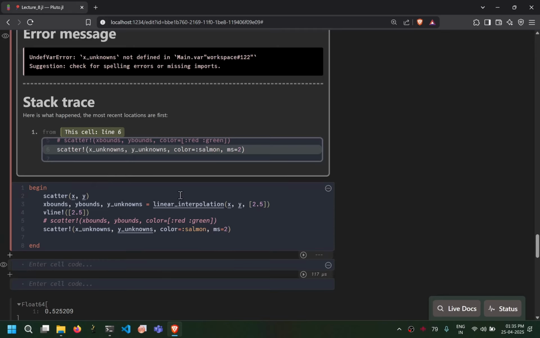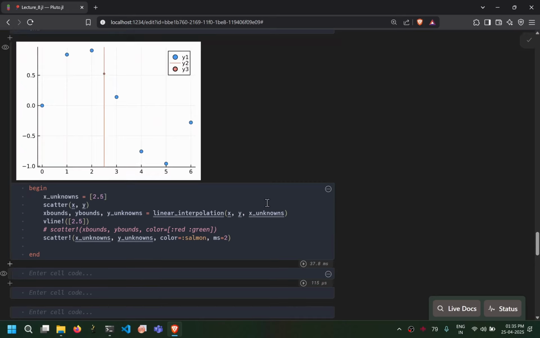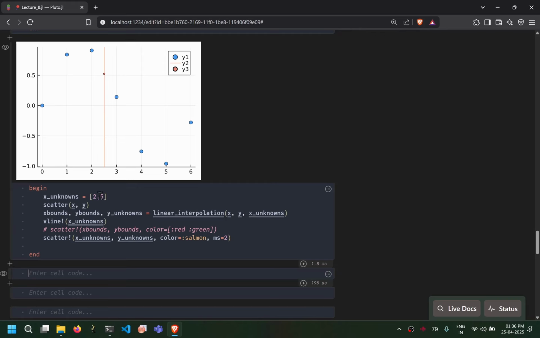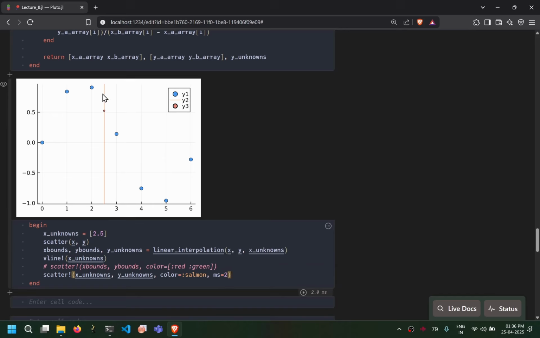Okay, so we have to define these as x unknowns. This also should be this. So here you can see that the point that we're obtaining is lying on this particular value of x